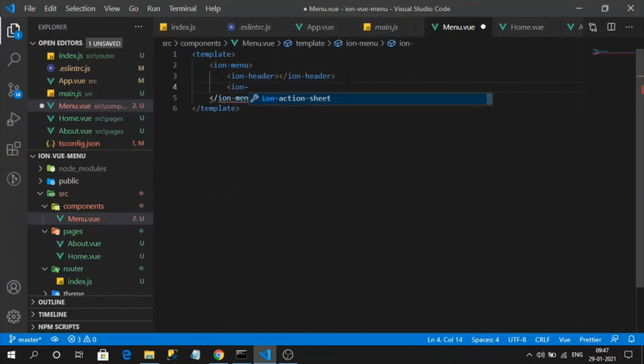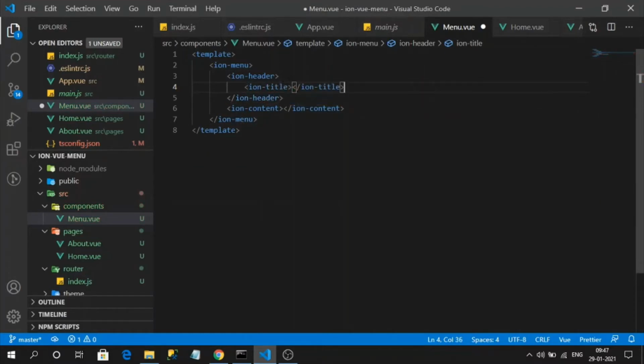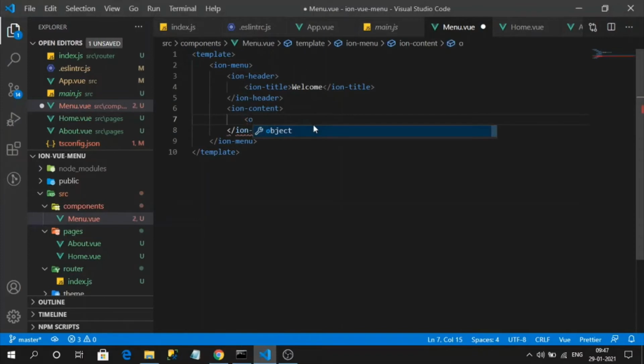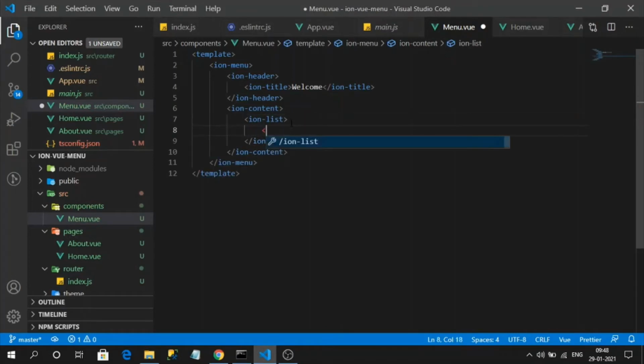ion-content. Inside of ion-header you can give any title. I will simply give welcome. Here inside of the ion-content we will have the collection of menu items. So in ion-content we will use components like ion-list. Ion-list will have ion-item,